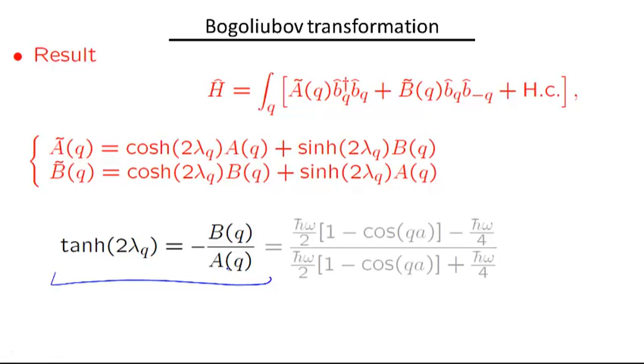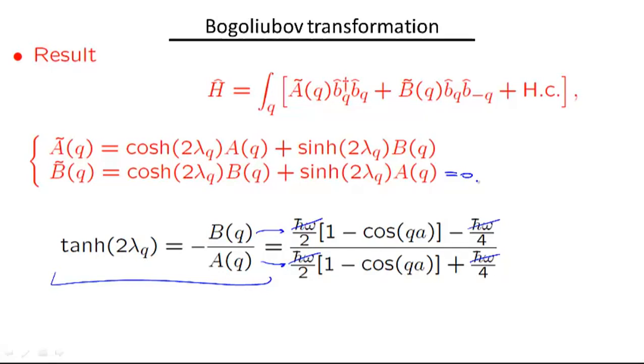Let me remind you of their explicit form. So this is explicitly B of q and this is explicitly A of q. I wrote it explicitly this way, but as you can see, a lot of things here cancel out, including this h omega, and there are a lot of other simplifications involved. If you play around with these coefficients and do a little bit of algebra, you will see that, first of all, lambda of q determines, as you can see from here,